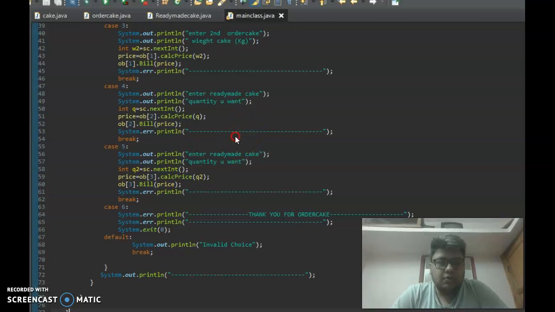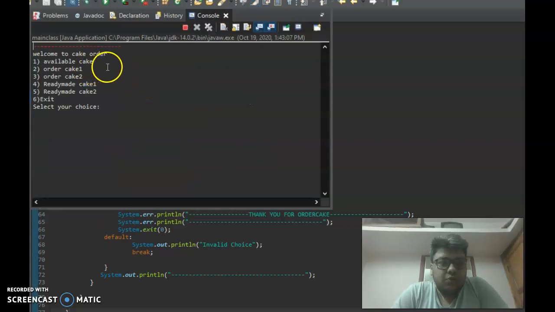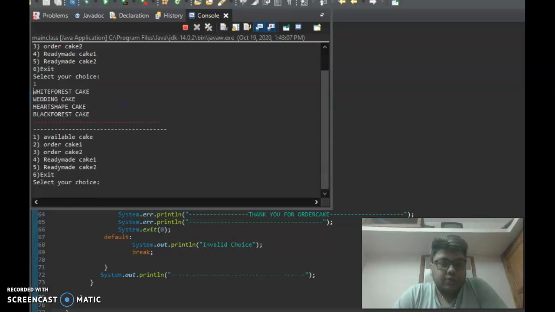I run this code. Here you see: welcome to cake order, available cake, order cake 1, order cake 2, ready-made cake 1, ready-made cake 2. I want to order one cake. See here what cakes are visible: white forest cake, wedding cake, heart shape cake and black forest cake. I select white forest cake.